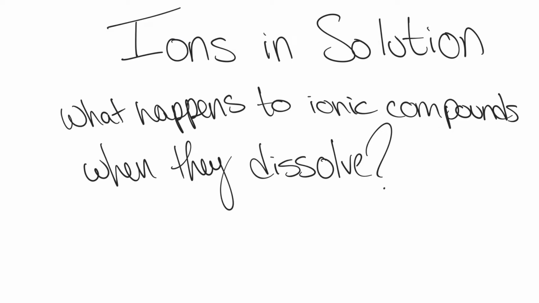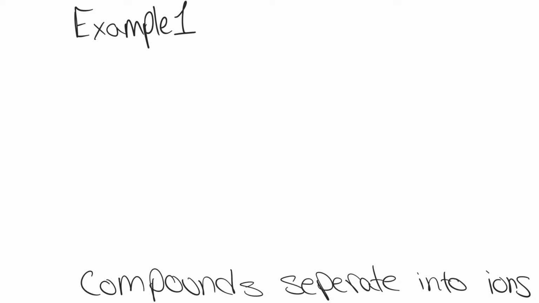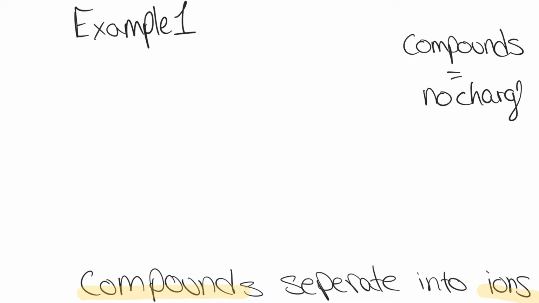Today we'll be discussing what happens to ionic compounds when they dissolve. I'm going to work through a series of 4 examples, but the main point of this video is that compounds are going to separate into ions. Ionic compounds, you'll remember, have no net charge. So when I write it, I don't write a charge. Whereas the ions in the solution, once they've separated, they do have a charge, and their individual charges remain present